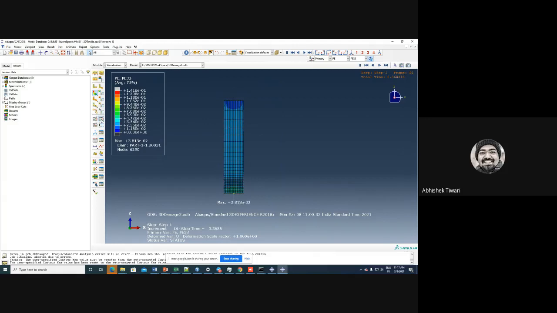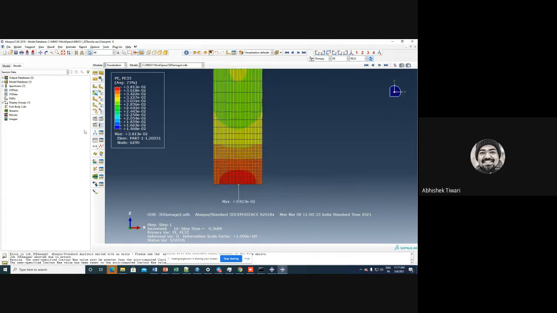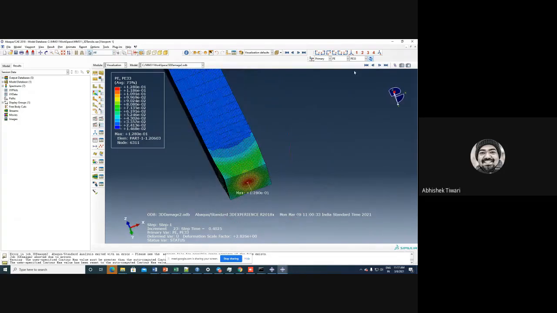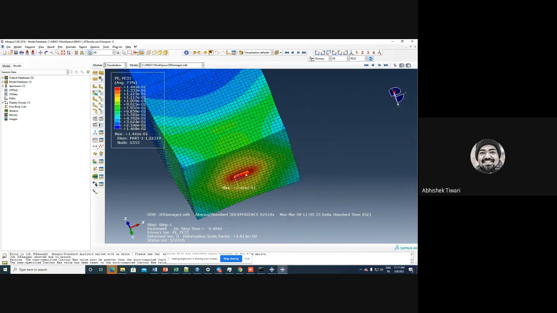So let us go frame by frame. So you see now necking has happened. You see this has got tapered. So necking is happening because of the damage, and then you will see that the elements will get deleted. So these are getting deleted, and further.